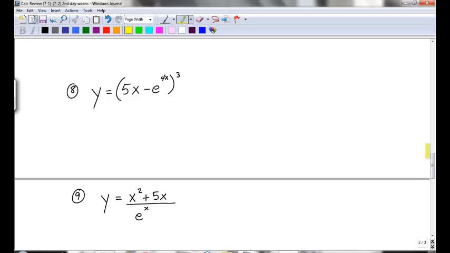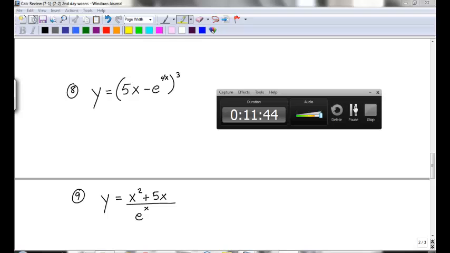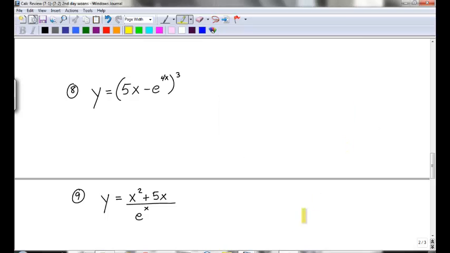Okay, y equals x squared plus 5x, all over e to the x. Which rule? Quotient rule. We've done product rule, chain rule, quotient rule. What do you have to start with? You have to start with the denominator times the derivative of the numerator minus